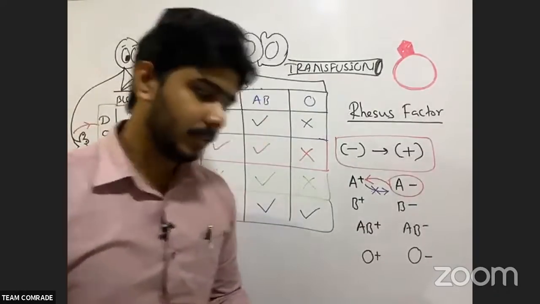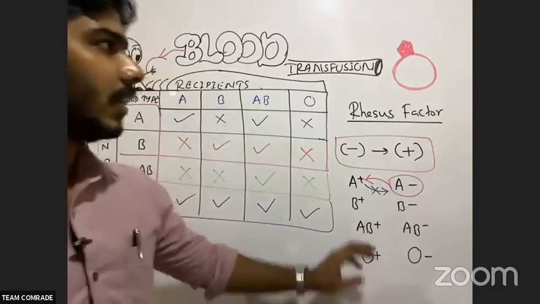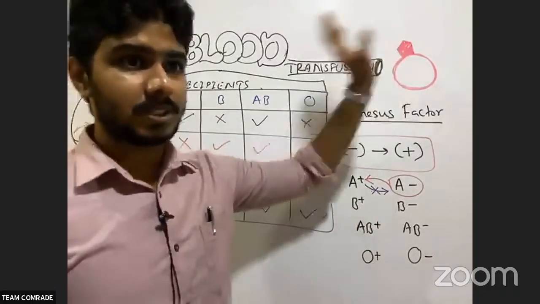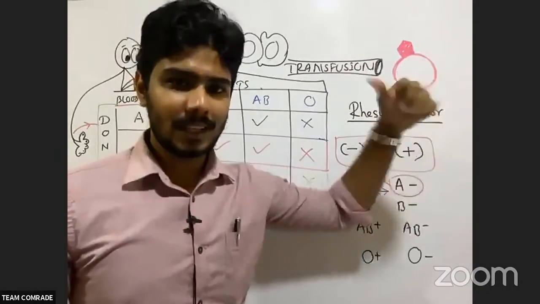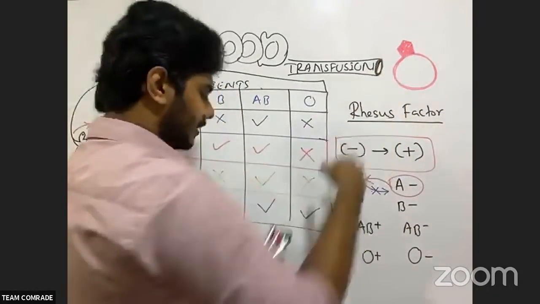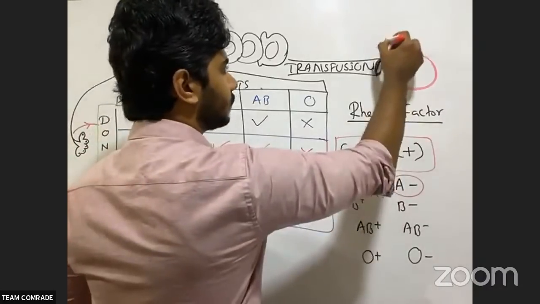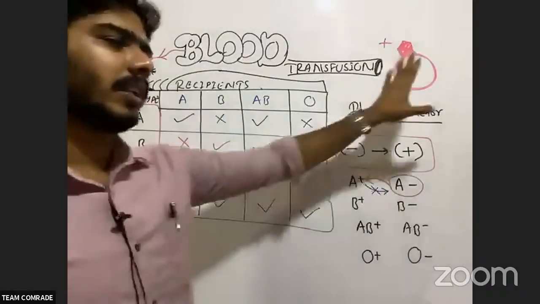Yes, this part is important. In your syllabus, the rhesus factor part is there. If rhesus factor is there, this is very important, otherwise we can die. That agglutination I will tell you next. So if rhesus factor is there, that we call positive blood. If rhesus factor is not there, no problem.